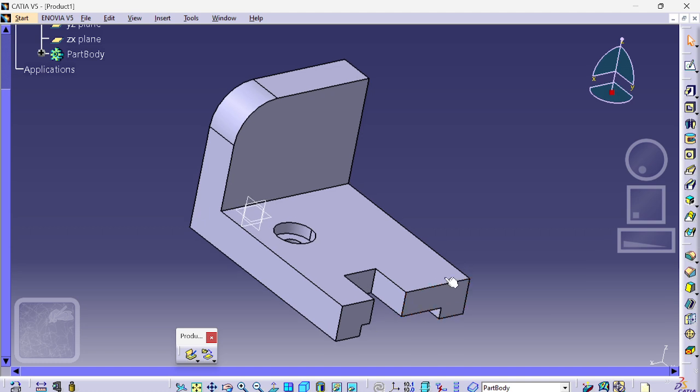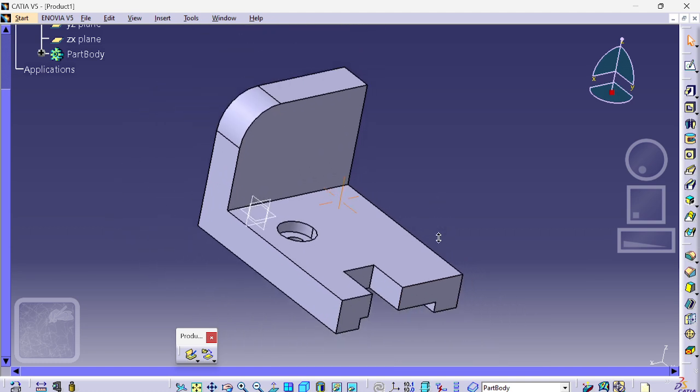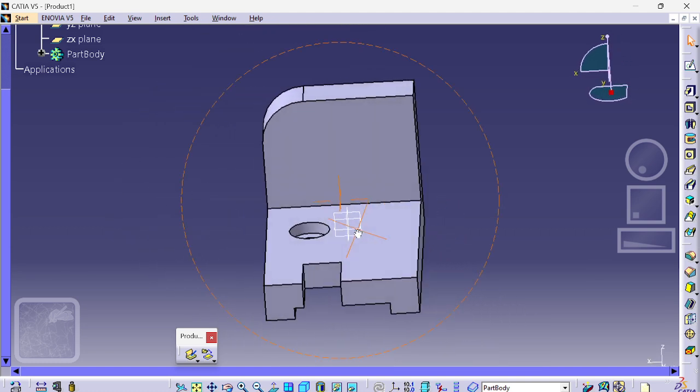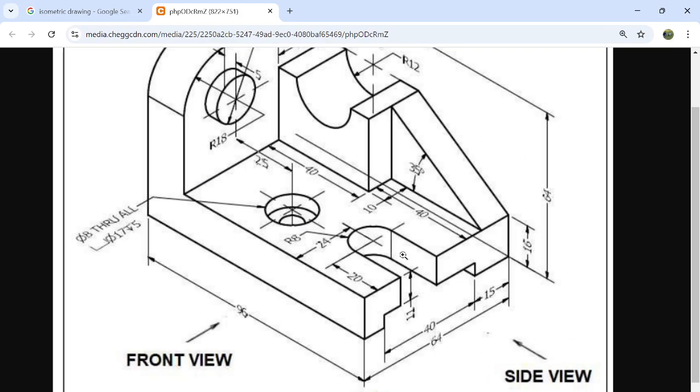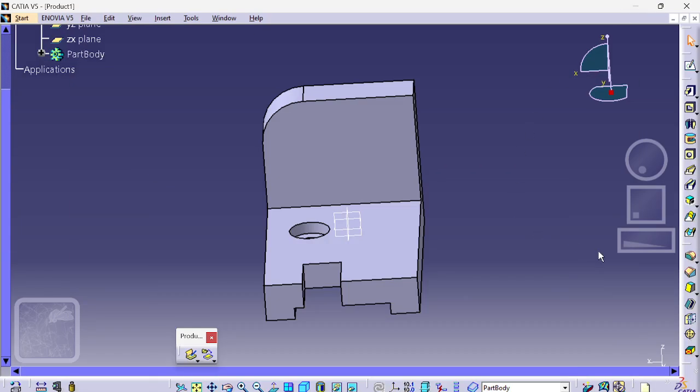Next thing what we have to do, you have to create the dome for this, okay. So for creating the dome, how much radius it is, 8 mm, R8. So for this, again use this edge fillet option, select this edge fillet option,